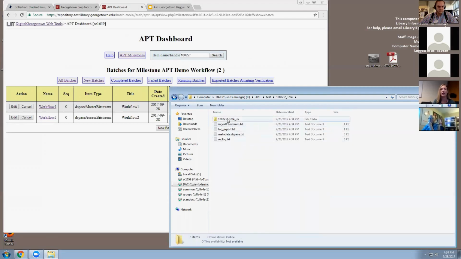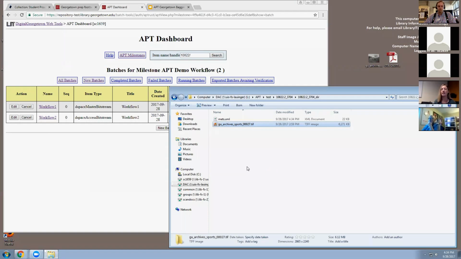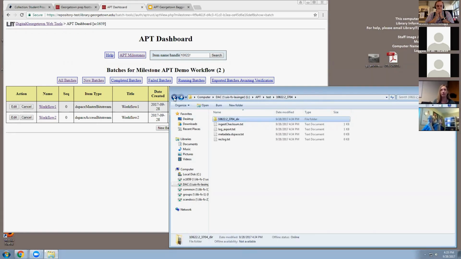So here it is. And in my directory, I only have the XML metadata. I don't have the bitstream. So what I need to do is add the bitstream. This is where Terry was explaining it's more of a manual process. As you can imagine, we do have collections with hundreds and hundreds of TIFFs, so we have a couple batch scripts that we would run as opposed to just copying your content over. But for this single item, that's kind of an easy way to do it.